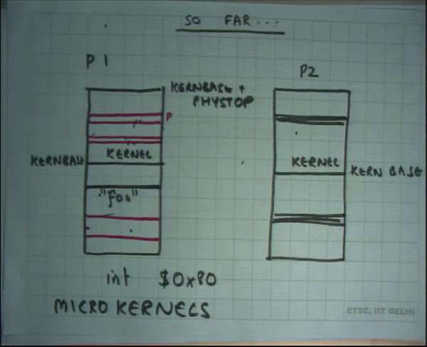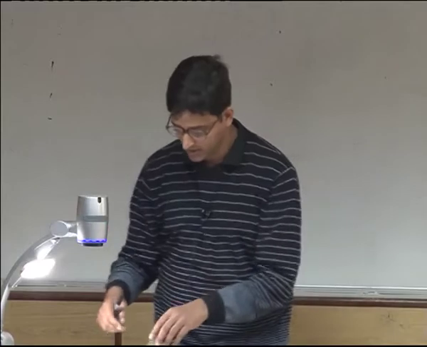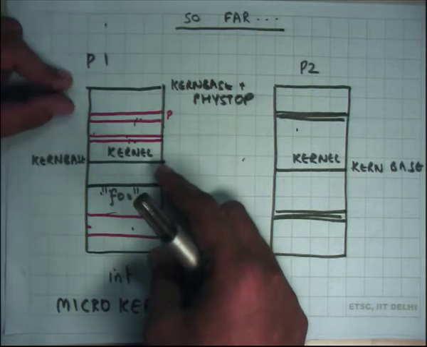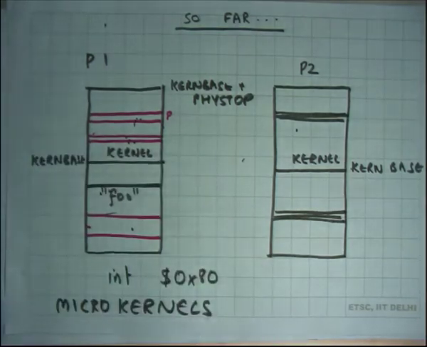Question. So user pages are allocated from kernel heaps. So in a system like Linux, why do we need 3 GB for user address space and only 1 GB for kernel address space? Okay, very interesting question. If the pages in the user space are allocated from the kernel's heap, then shouldn't the kernel's heap necessarily be larger than the size of the user space? Really? So does it need to be larger?